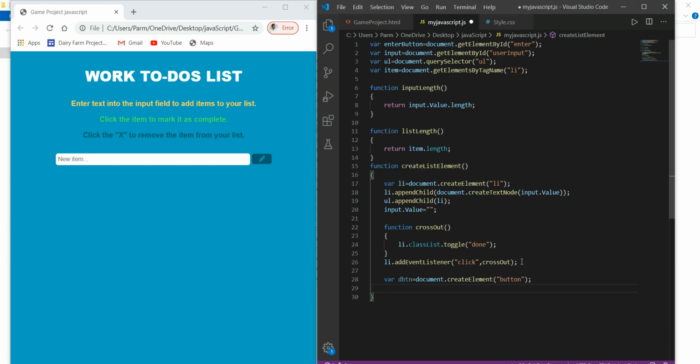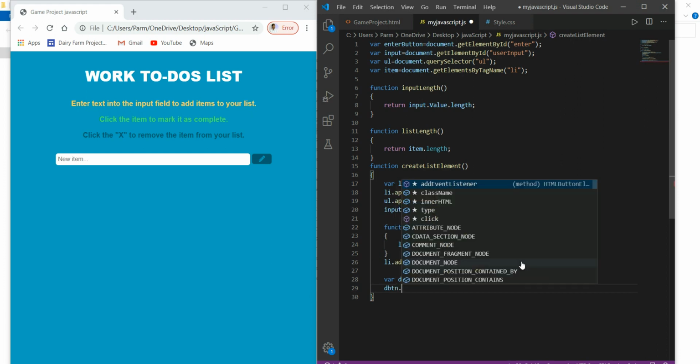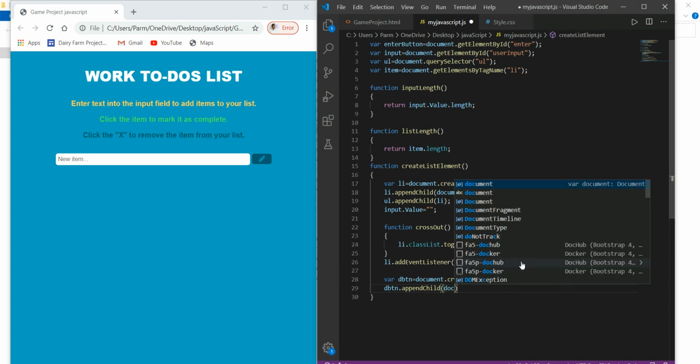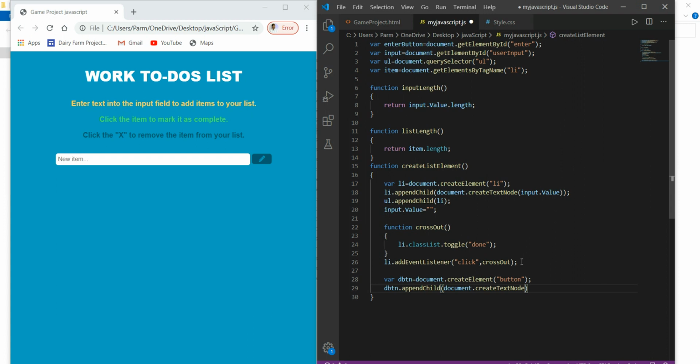So for this I will do button.appendChild, and here we write document.createTextNode, and in the text node we just want to write del over there.